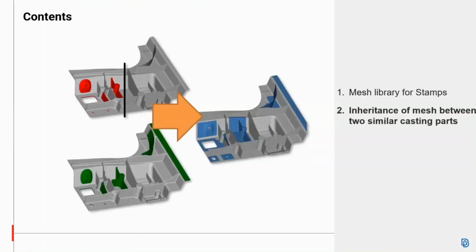Meshing a casting part is a difficult job, and in many cases, the part that is going to be meshed has many similarities with the previous part, or in other words, has only few differences. Inherent mesh functionality takes advantage of the similarities of the casting parts to make their meshing easier. This new functionality recognizes the areas that have not been changed and inherits their mesh, while it creates the mesh for the new ones. Additionally, it also helps the user to identify the areas that have been changed.